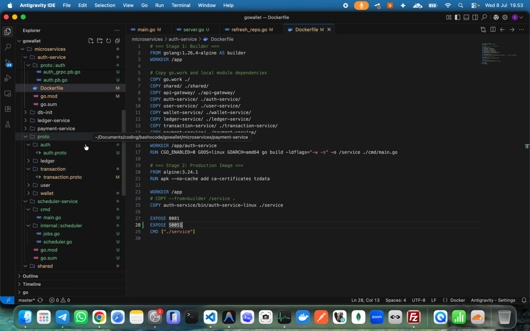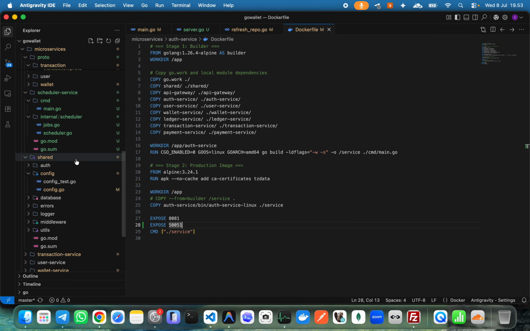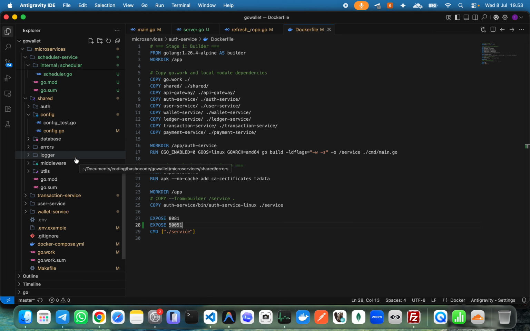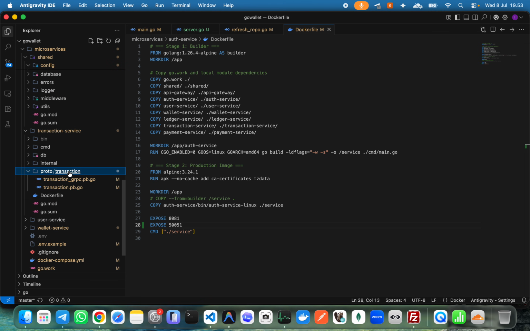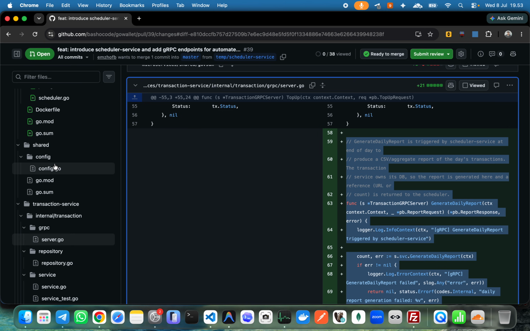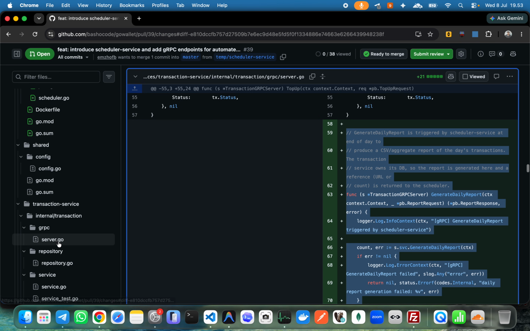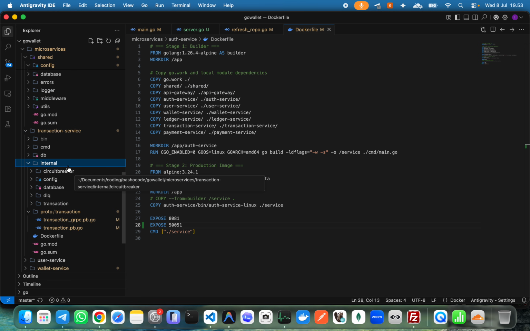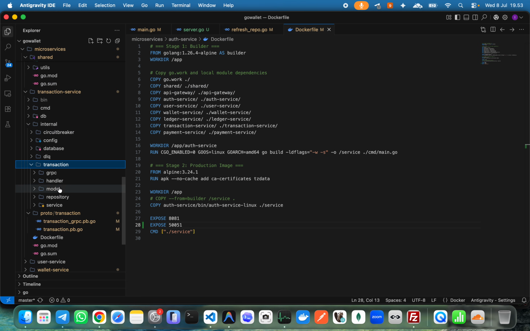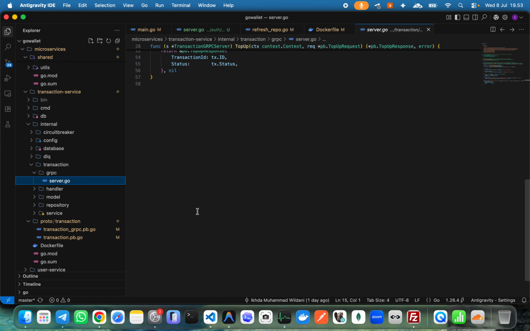Transaction server. Cool. Transaction, where is the transaction service? Server, wait, inside gRPC. Transaction service inside gRPC. Internal transaction gRPC server. Here